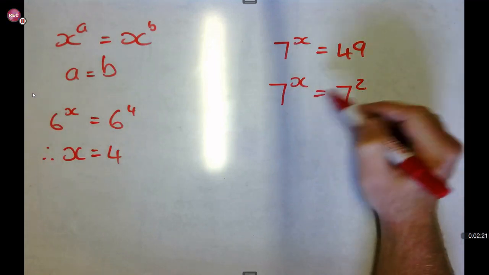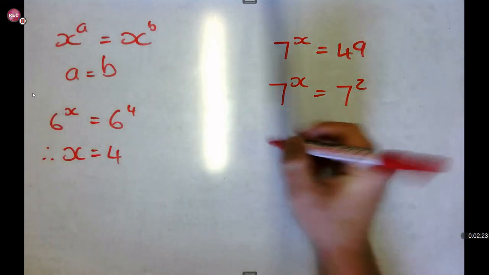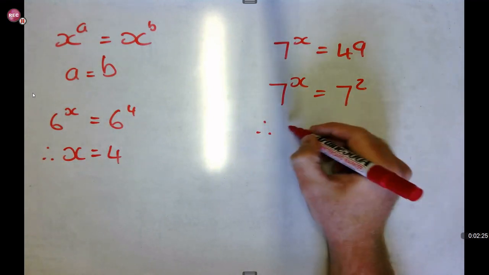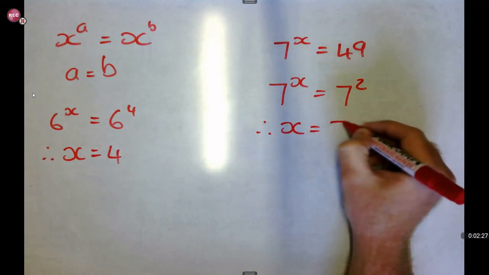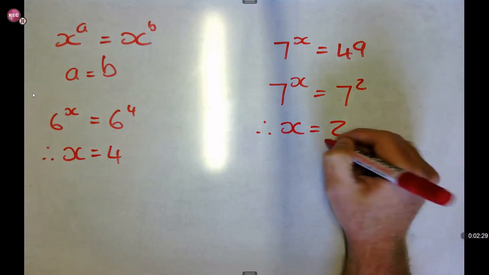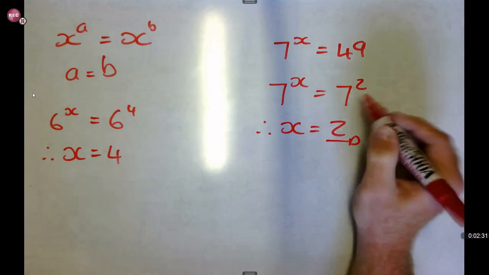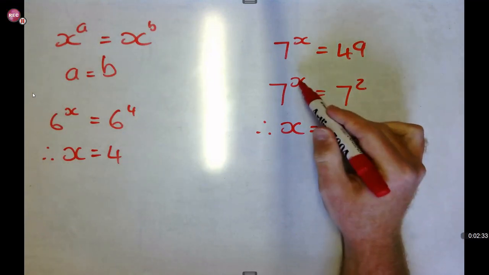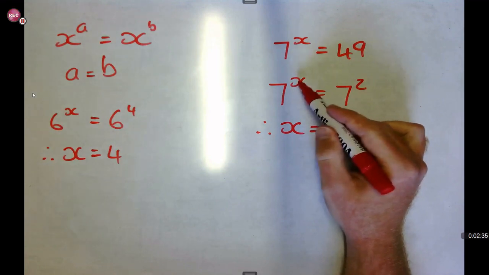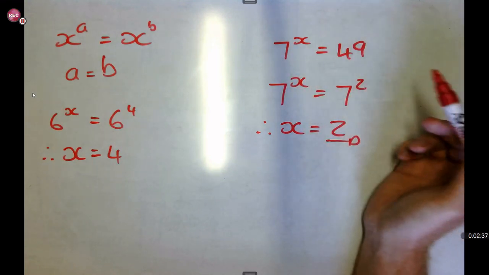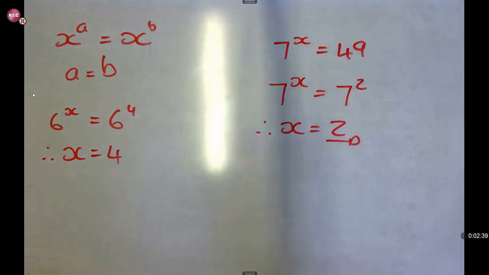The bases are the same, so as soon as they are the same, we drop them, and then we work with the exponent, which is x is equal to 2 in this case. So that would be your final answer. If you take 2 and put it into the x position, you'll say 7 squared, and then you'll get your left hand side equal to your right hand side. And that is one of the main things that we want to work towards when we check the equations.